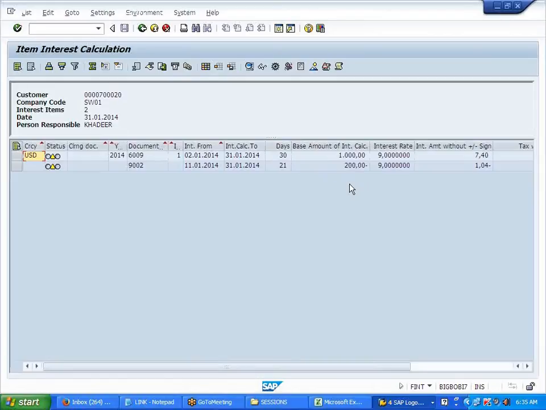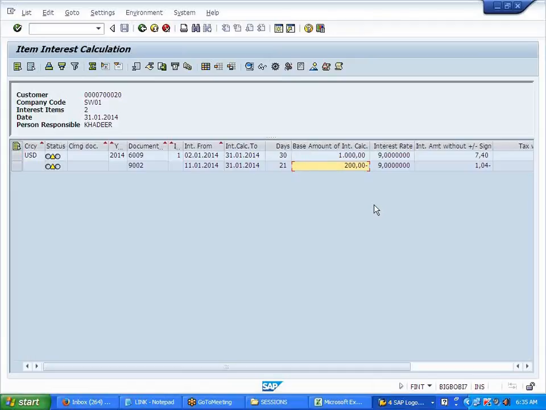See here, what happened now? It reduced the 200. Now we calculated on the credit item also, right? Earlier we calculated on the debit items. Now it has calculated the interest on the credit item also. Once the customer has returned our product, we need to adjust that interest, right?